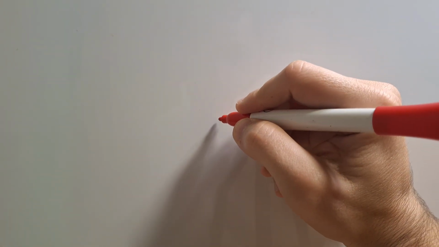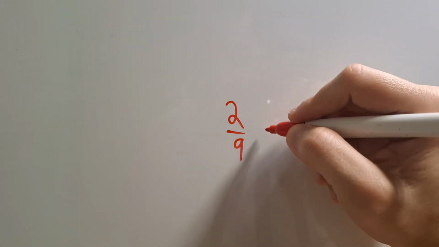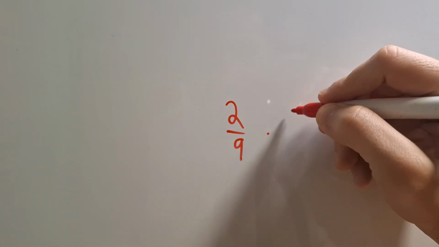Hello everyone, in this video I'm going to show you more examples of multiplying fractions. So sometimes you can write the prime factors of the original fractions and divide out common factors before multiplying, because sometimes you might be multiplying some pretty big numbers. An example of this would be, say, multiplying 2/9 by